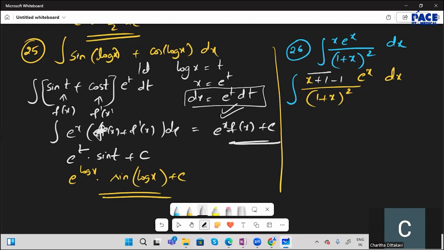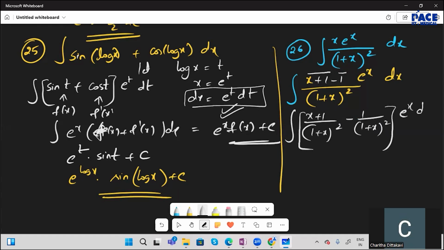Let us think about it. Have a thought there. x plus 1 is one set and 1 is the other set. I am just splitting that. So x plus 1 by 1 plus x whole square minus 1 by 1 plus x the whole square, the whole into e power x dx is what I have considered. So terms are getting cancelled. 1 plus x with 1 plus x gets cancelled. Now I have 1 by 1 plus x minus 1 by 1 plus x the whole square times e power